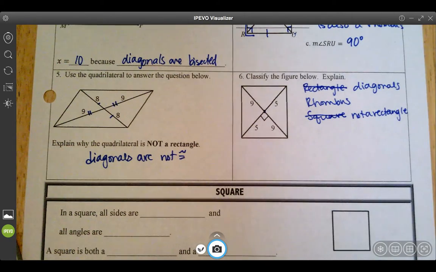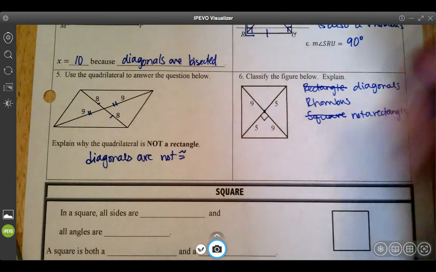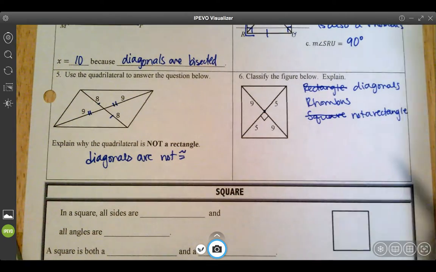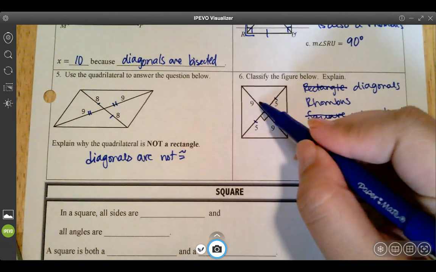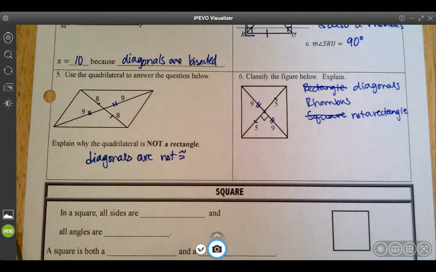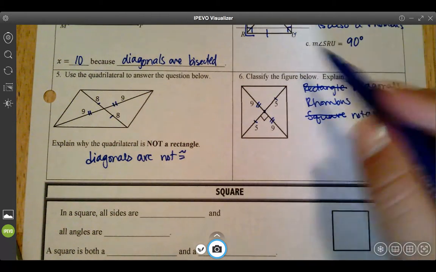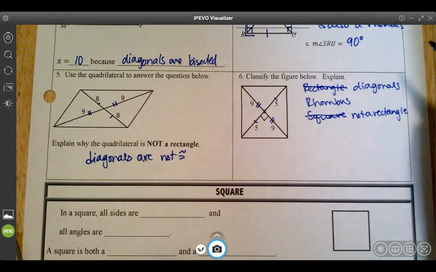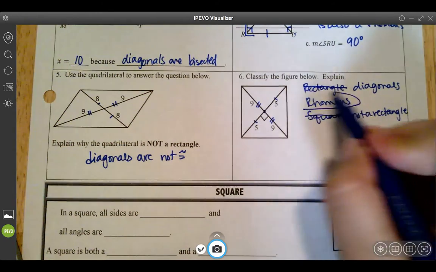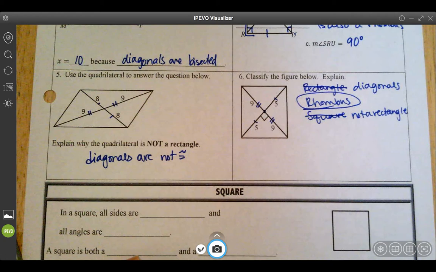And all of these are types of parallelograms. So we have a right angle in the middle, could be a rhombus. I have bisected diagonals, could be a rhombus. And I have diagonals that have different lengths, could be a rhombus. And so we can say that this one is a rhombus, given that it's one of the shapes that we are looking at. And we'll be able to prove that this is a rhombus later on. Okay, so that's rhombus or rhombuses,